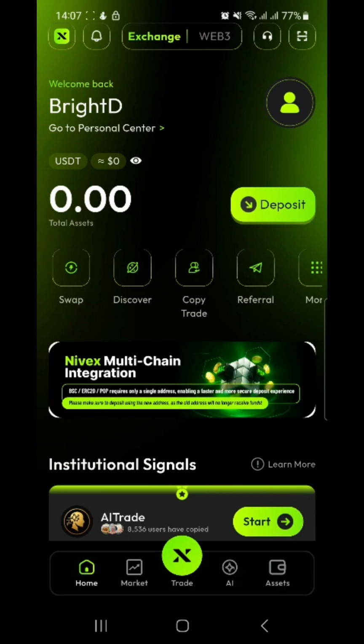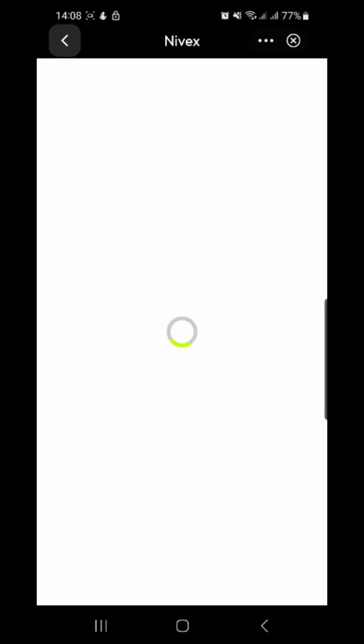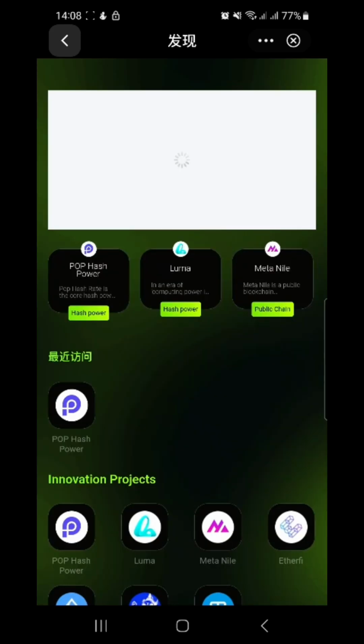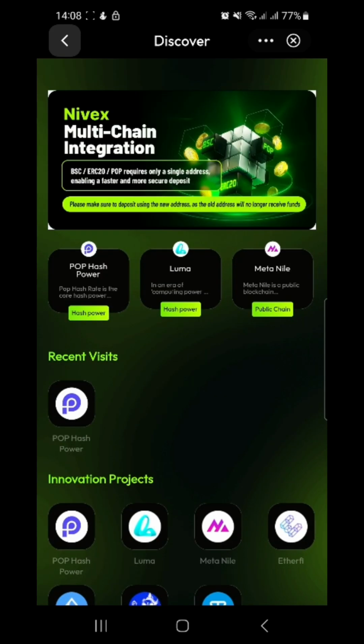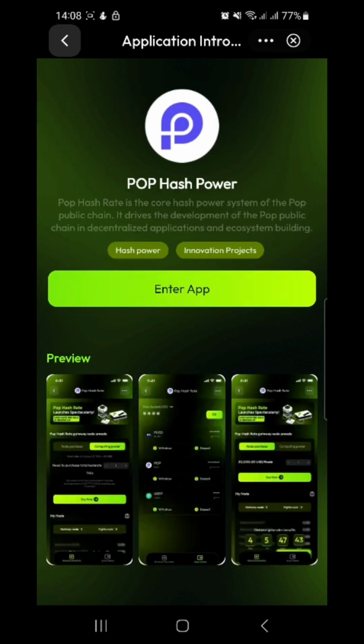So once you log in into your NIVEX account, you click on discover. The discover button is just below your total assets. Okay, so I'm going to click on discover here, and then it's going to take me into the section for us to select the POP hash power. So you select POP hash power, and then you click enter app,